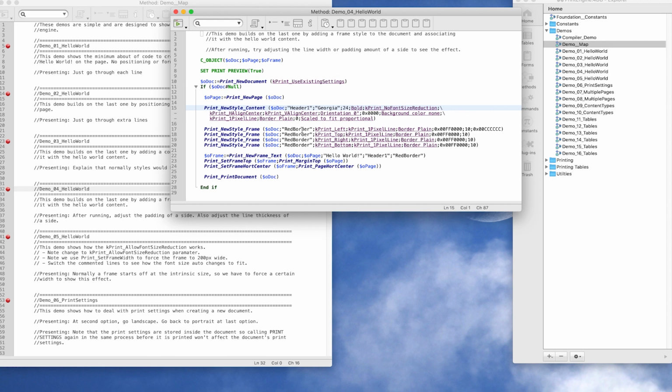It's going to be called red border. And then we're going to say that we're referring to the left side of a frame. So the rest of these parameters are defining what the left side of a frame looks like. And so in this case, we're going to say, well, it's going to be a 1 pixel size line, it's going to be a border plane,